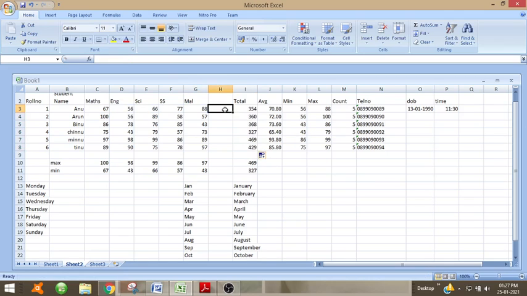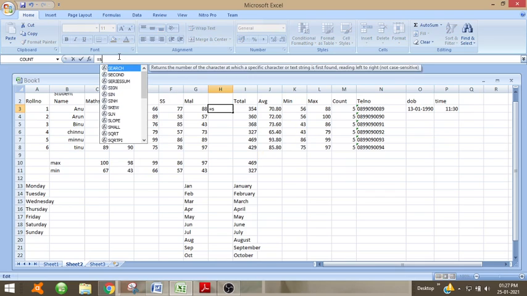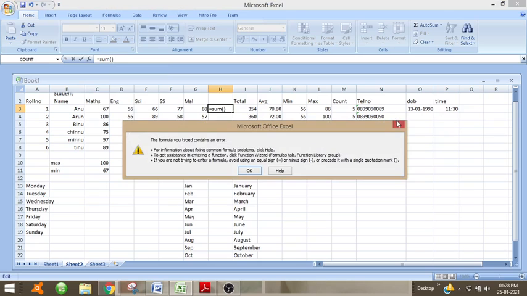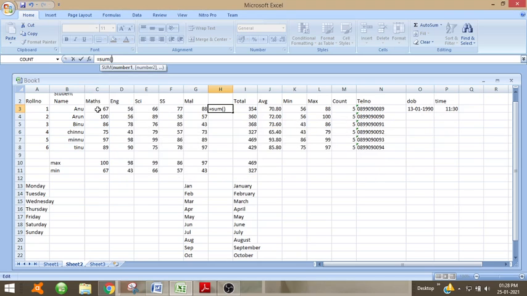Now if we apply this as equal to sum in bracket, add all the, and comma, which column should be, which cell should be constant, C4.